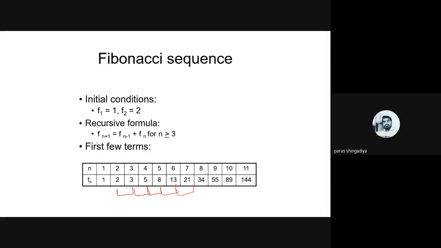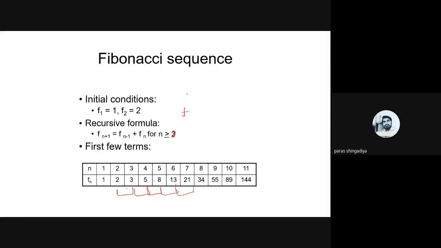f(n plus 1) means the next term. It is the addition of the present term plus the preceding term, so that is f(n minus 1) plus fn, and that is for n greater than or equal to 3, because f1 and f2 we have already been given as the initial conditions. Let us check it for n greater than or equal to 3. If you put n greater than 3, we'll get f4 directly here. But let us consider n equal to 2, so we can also predict f3.